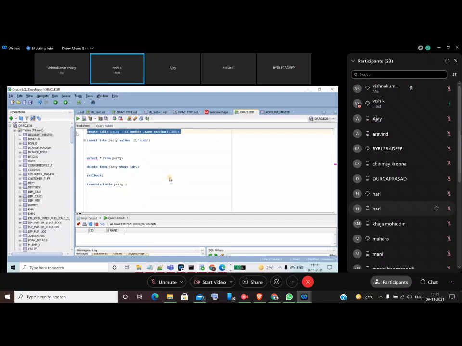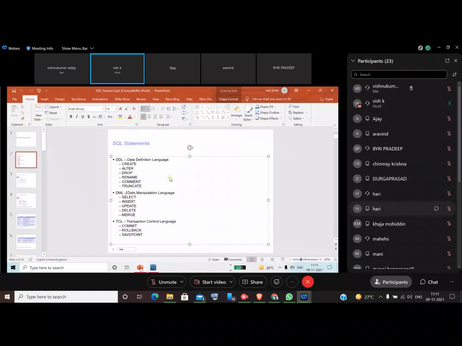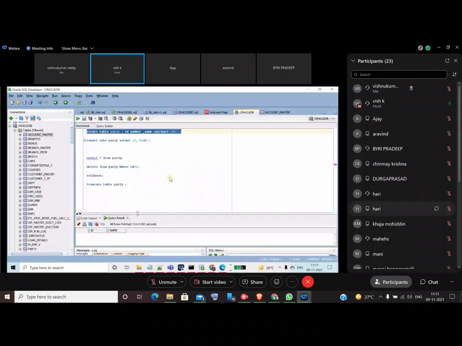I have not used any commit or rollback option. These are DDL statements. When you are writing any DDL statements, it will directly commit to the database, database meaning the disk drives. But whenever you are writing DML statements, DML meaning insert, update, delete, you have to compulsorily commit. Insert is a DML statement. Whenever you write this insert statement, you have to write the commit option, so that the statement is permanently committed.